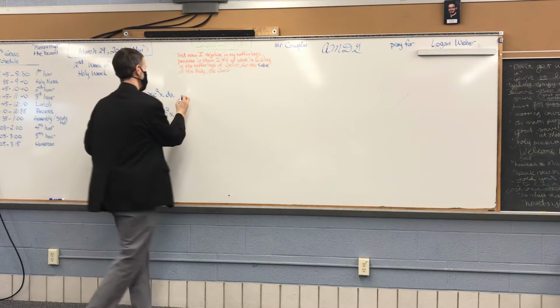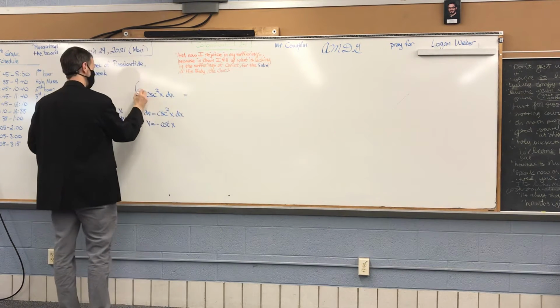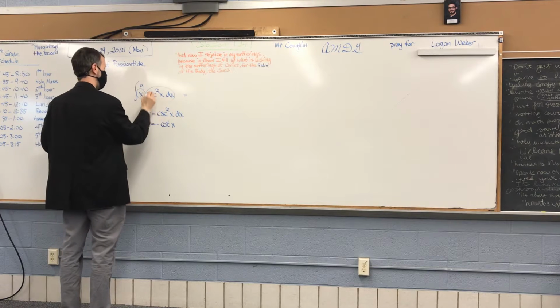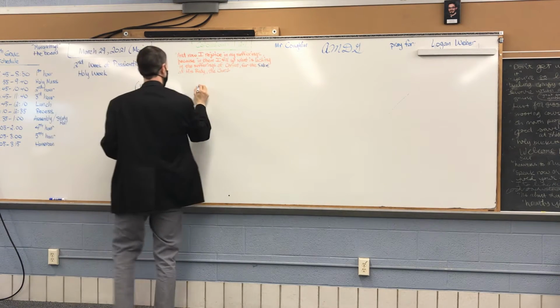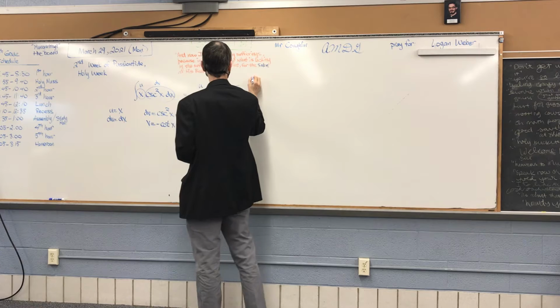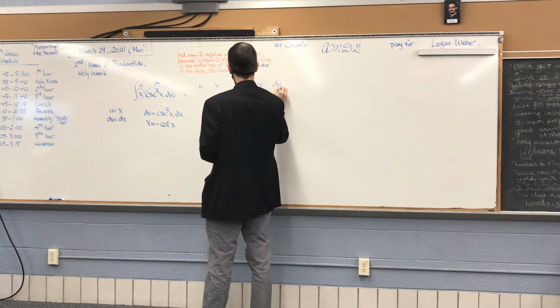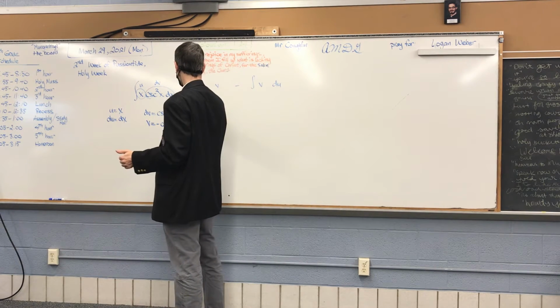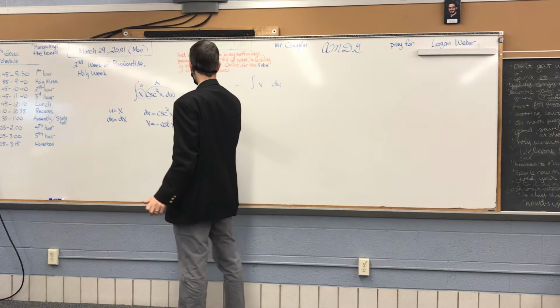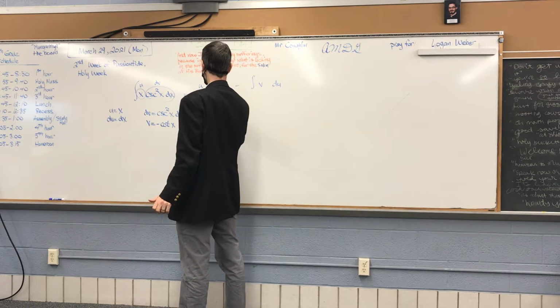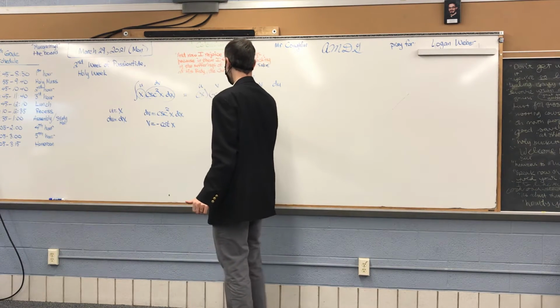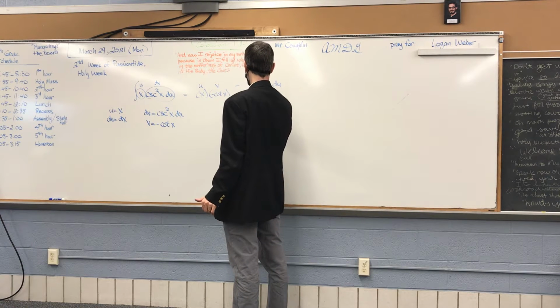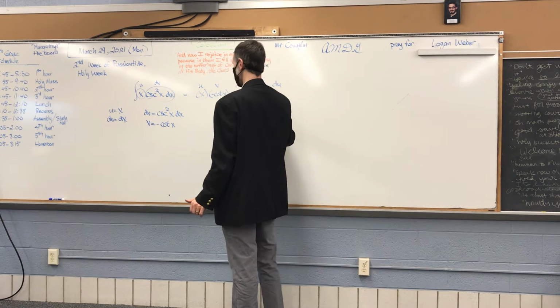Now, the formula, this is u dv, so it should be uv minus integral of v du. So u is equal to x, v is equal to negative cotangent of x, minus the integral of negative cotangent of x times du